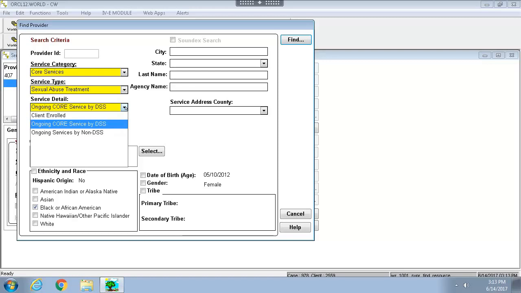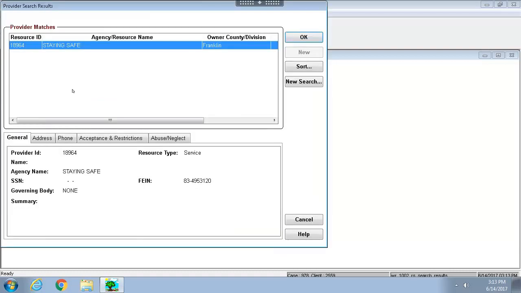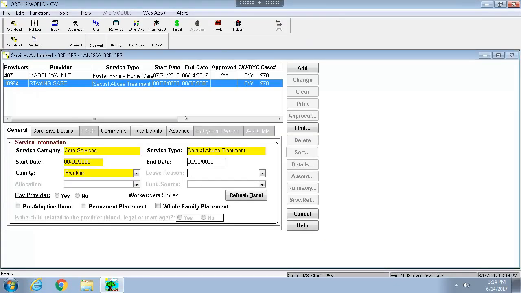acronym comes from. The ongoing core service by DSS would be an in-house provider or ongoing service by a non-DSS provider. So essentially an in-house provider, meaning they work at social services or out in the community. So I'm going to pick ongoing services by non-DSS. So I'm going to click on Find and see what options I have. And look at that. Staying Safe is actually the therapist that I wanted to find for Janessa. So I'm going to click on OK, and that brings Staying Safe as a sexual abuse treatment provider here into